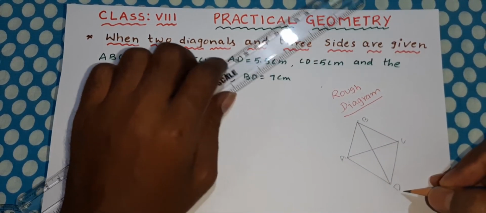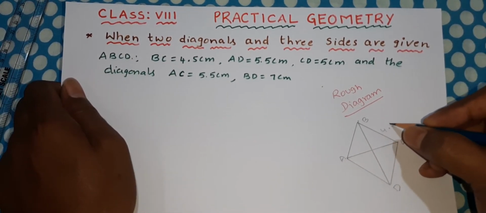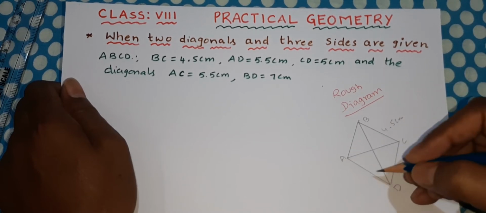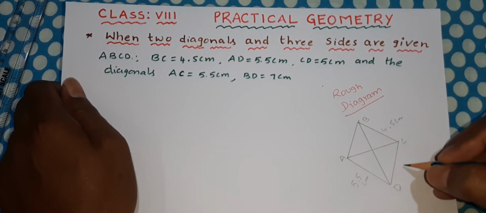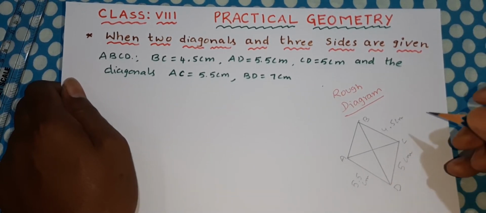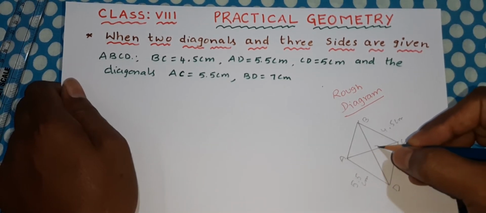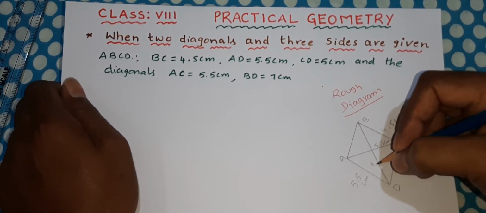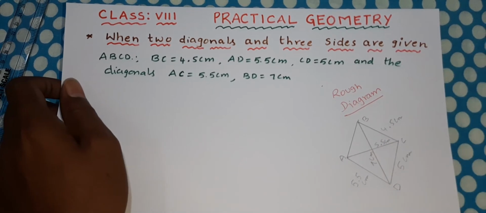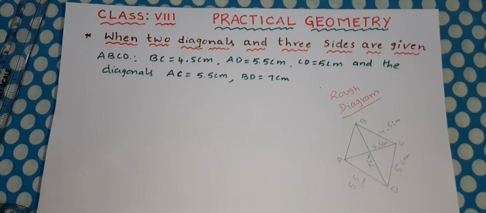ABCD is a quadrilateral, right? They have given BC is equal to 4.5 centimeter and AD is equal to 5.5 centimeter, CD is equal to 5 centimeter, and they have given AC is equal to 5.5 centimeter and BD is equal to 7 centimeter. Clear, children? After completion of the rough diagram, you construct the actual